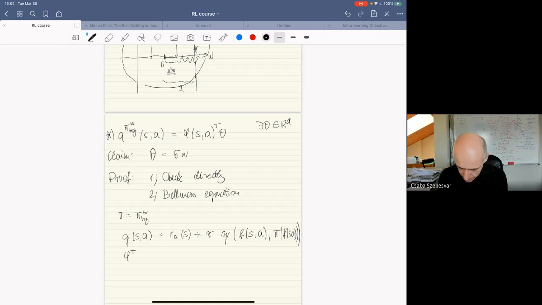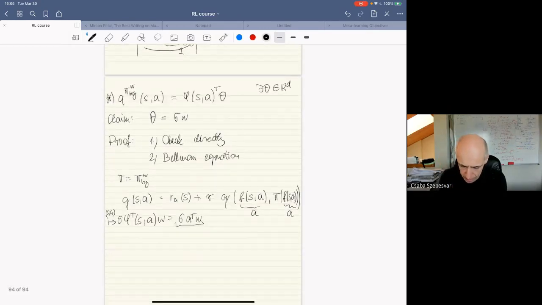So it's sufficient to verify whether phi transpose sigma phi of S, A, this thing, satisfies it. This is just sigma A transpose W. So map S and A to sigma A transpose W. Does it satisfy the Bellman equation or not? If it satisfies, we're done. The dynamics is super simple, lucky for us. This is just A, and this is also just A. So the Bellman equation rewrites